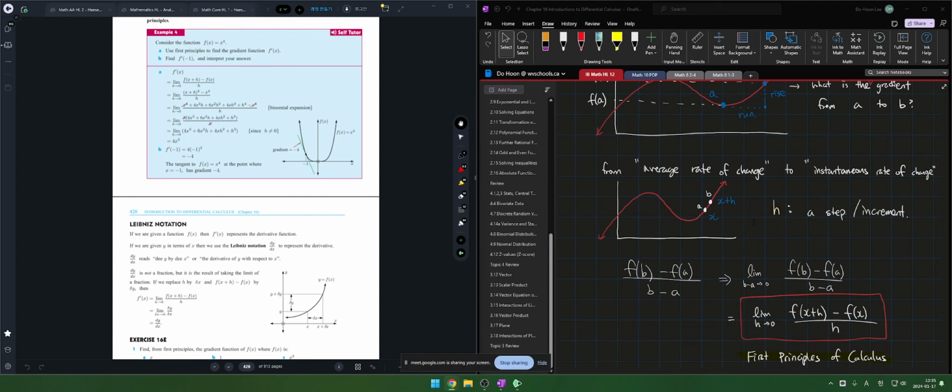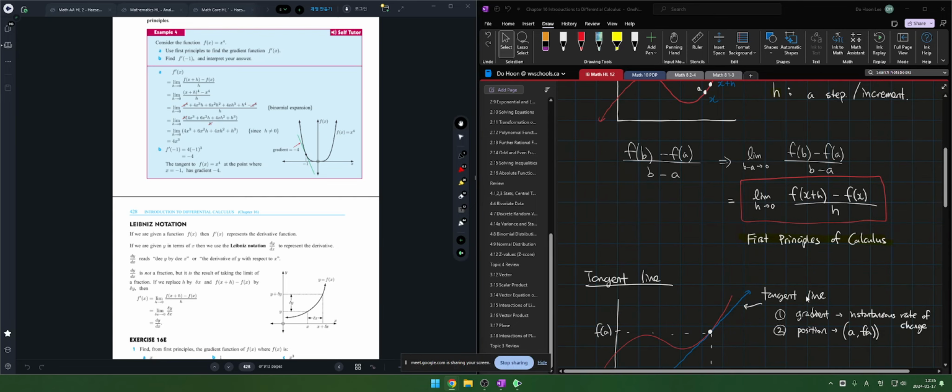That's called the instantaneous rate of change. Instantaneous rate of change calculates the change in f of x divided by the h value, whereas h goes to 0. We can't just do that because h cannot be 0. So that's why we take the limit, and that's basically why we learn the topic of limit. That's called the first principle of calculus,